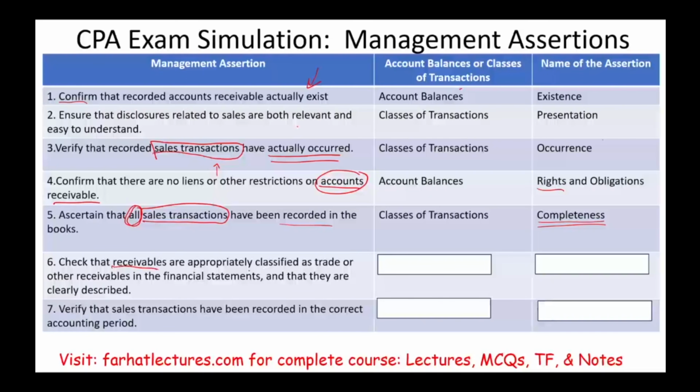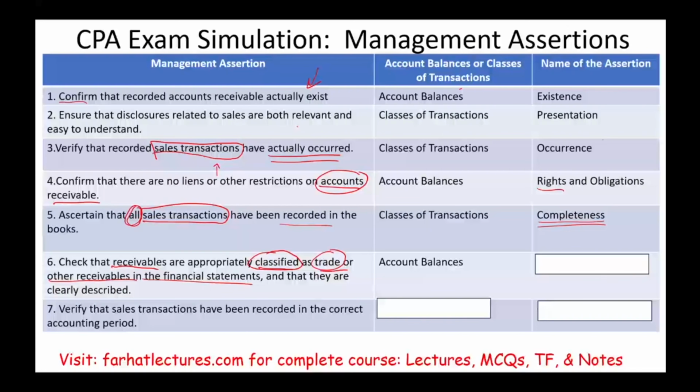Check that receivables are appropriately classified as trade or other receivable in the financial statement and that they are clearly described. Again, is this an account balance we're dealing with, or a transaction? Account balances. What are we dealing with here? Classification, classifying, presenting the information properly. Whether the receivable, we could have a trade receivable. Trade receivable means it's a receivable that is generated from the selling of the services and product of the business